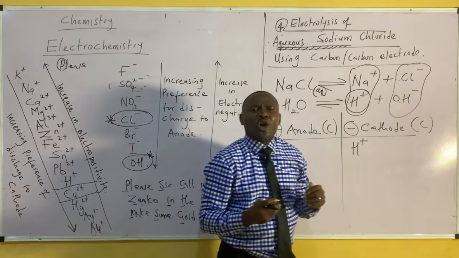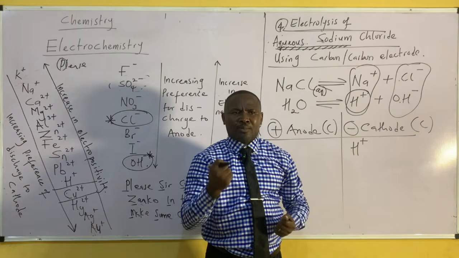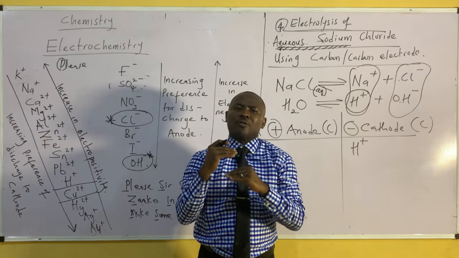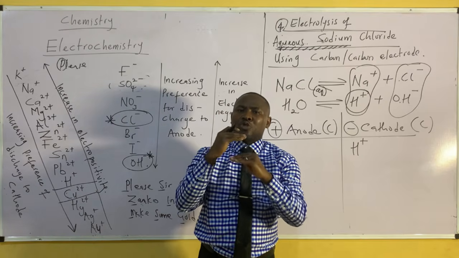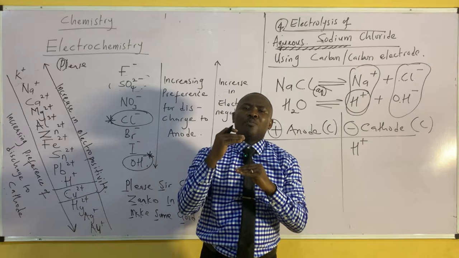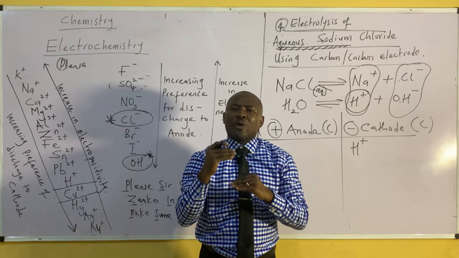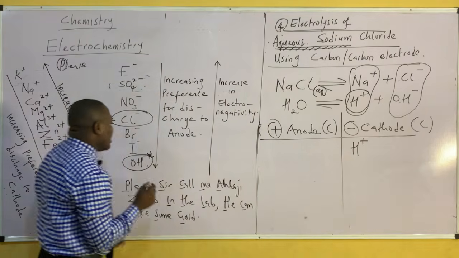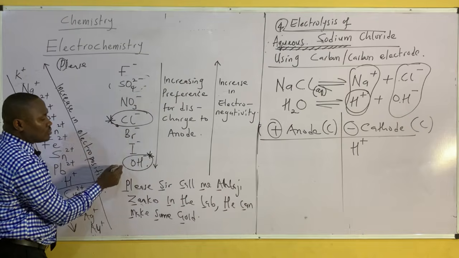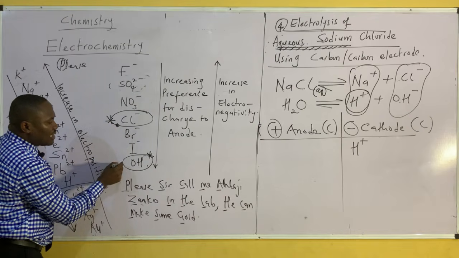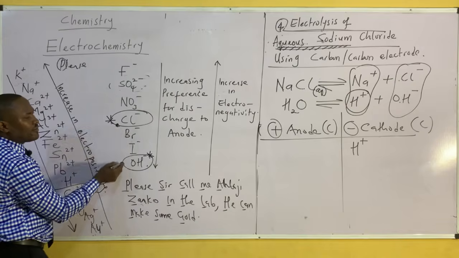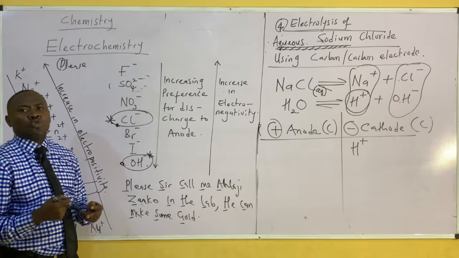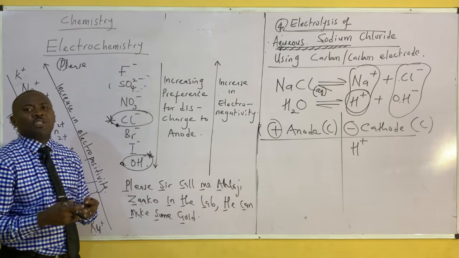But the question is now, does concentration have more effect than position? If the positions are not that far, the one that is more favored by concentration will have an edge over the one that is being favored by position. So if you look here, the distance between the chloride ion and the OH ion is not that far apart. So it brings me back to you wanting to contest the best 100-meter